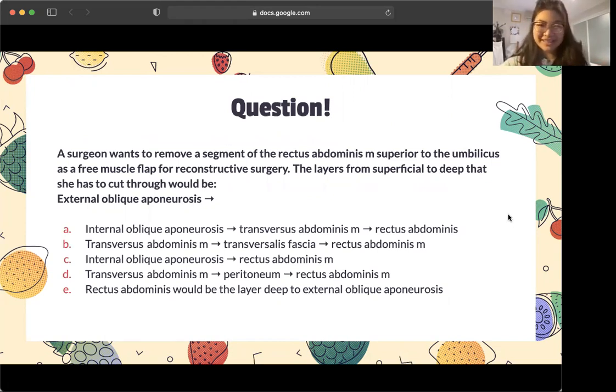So, trying to make this question clinically relevant: if a surgeon wants to remove a segment of rectus abdominis, so we want to get to rectus abdominis, and we are superior to the umbilicus, think about where that places you in terms of the arcuate line. We're going to be superior to that as well. So what are the layers that lie anterior to the rectus abdominis, superior to the umbilicus? It'll be the external oblique aponeurosis, and then